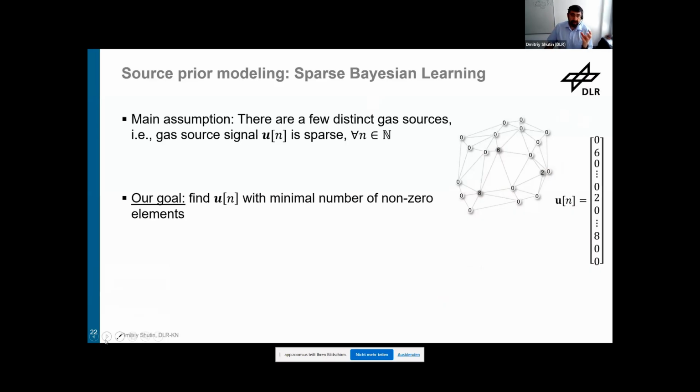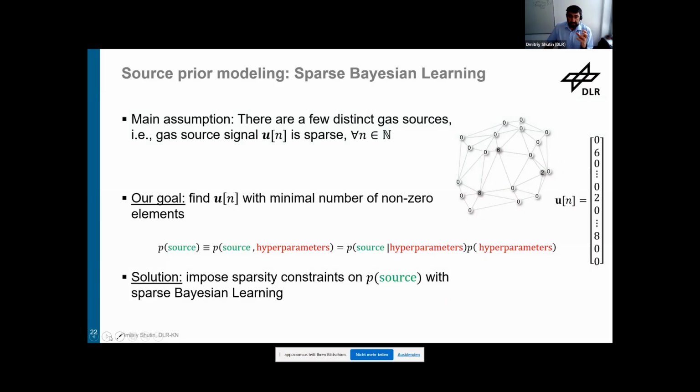And our goal is to identify which components will be non-zero here. Sparse Bayesian learning does it indirectly by introducing a hierarchical prior that will result in a sparse estimate. This is done by introducing additional parameters, which are called hyperparameters. These hyperparameters control the contribution of a source to the model. So it is these hyperparameters that decide whether we have a source or not. This hyperparameter has a strong resemblance to a detector.